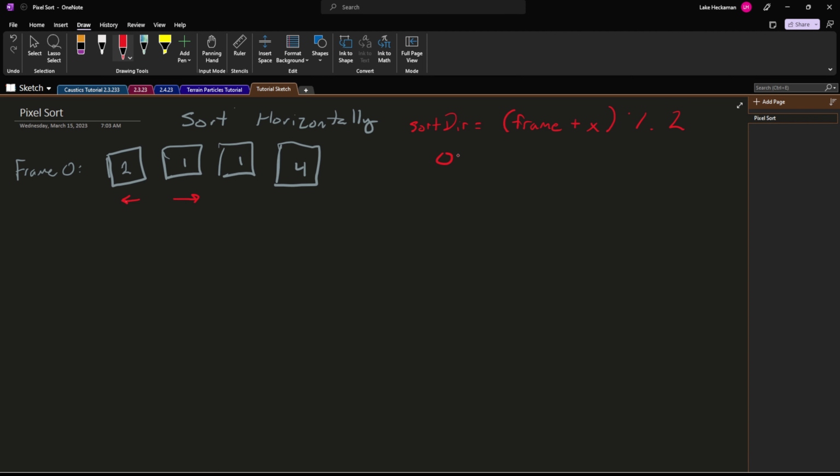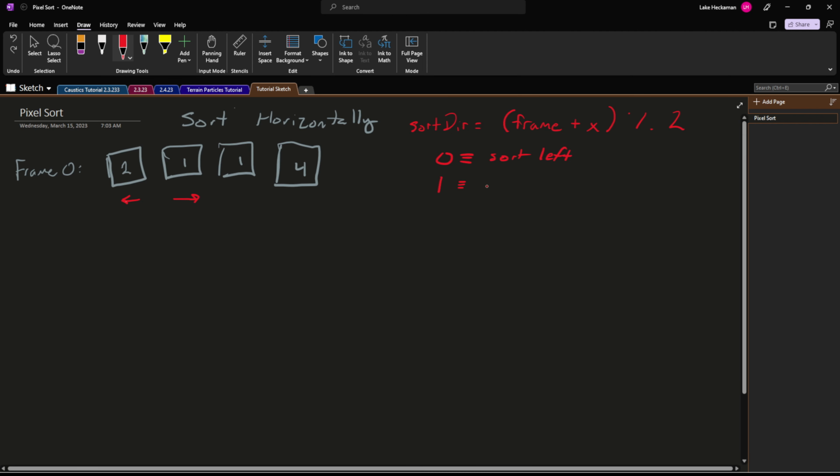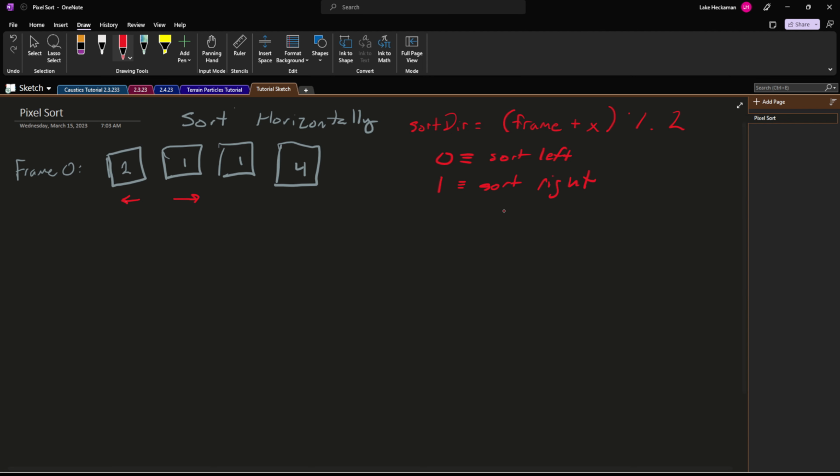We'll say 0 is defined as sort left, and 1 is sort right. So then 2 mod 2 is 0, and 3 mod 2 is 1. So we have our alternating sort directions, and that means that our next frame, frame 1,